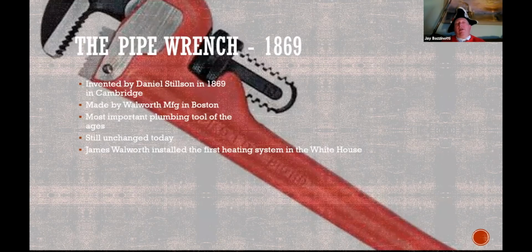Now, this thing is really awesome. How many of you have never seen a pipe wrench called the Stilson wrench? This thing was invented because steam heat and plumbing with iron pipe had come to Boston, had come to the world. And until the standard Briggs threading, pipes